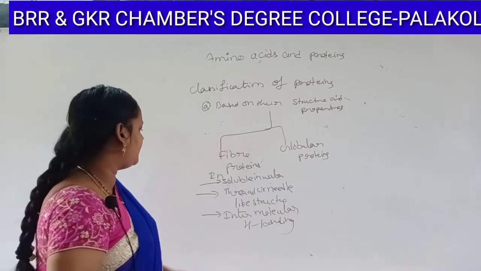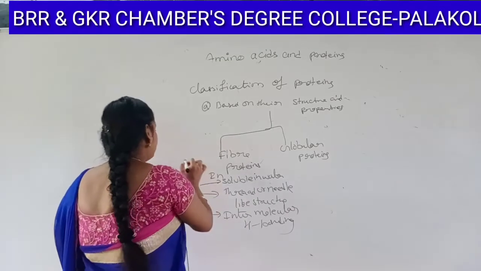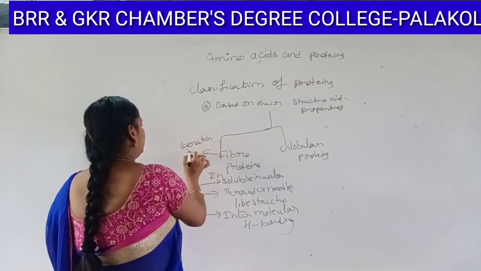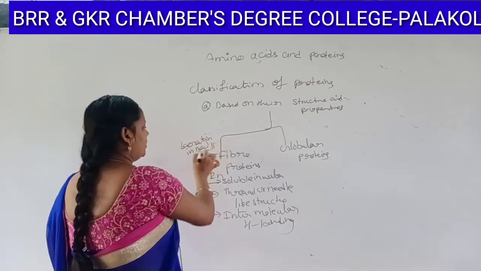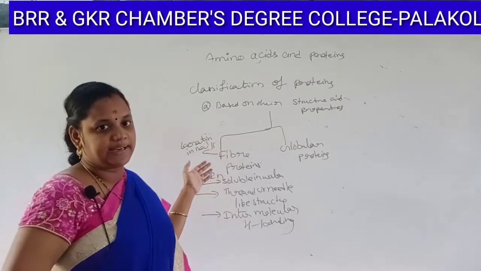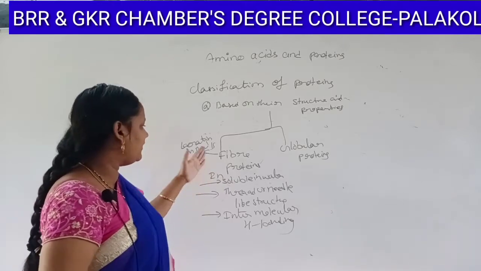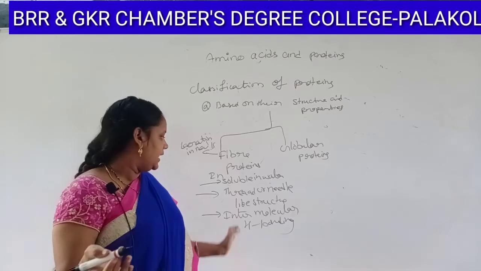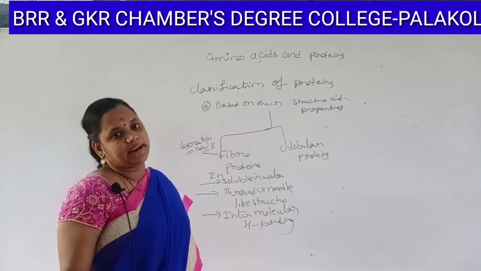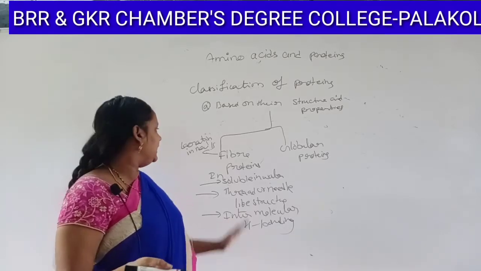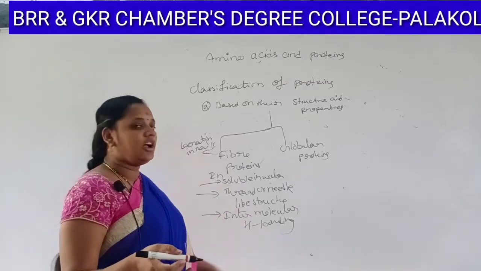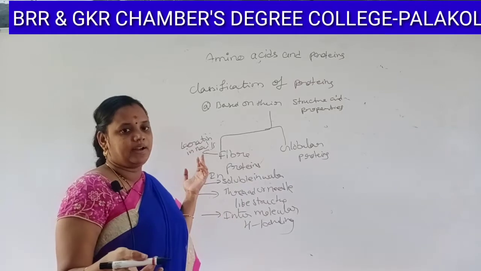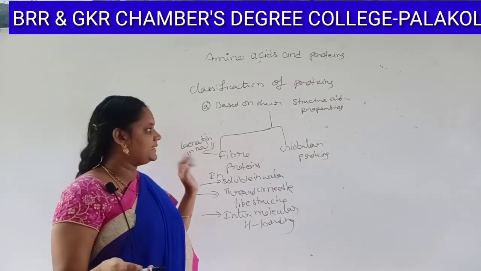Example of fiber proteins: keratin. Our nails grow because of this protein, students. Fiber proteins are insoluble in water. They have thread or needle-like structure and they contain intermolecular hydrogen bonding. And finally, example of fiber protein is keratin in nails, hair growth, etc.